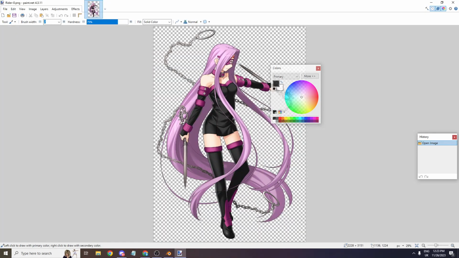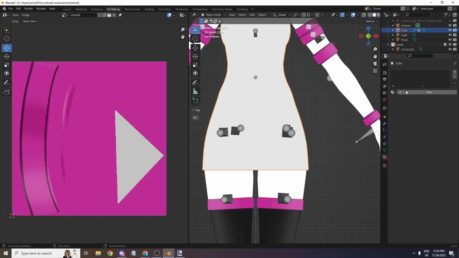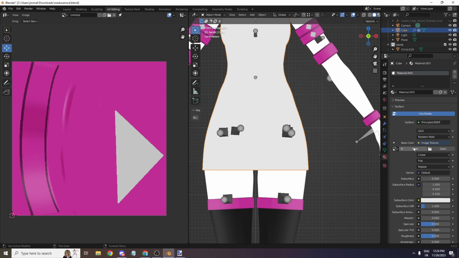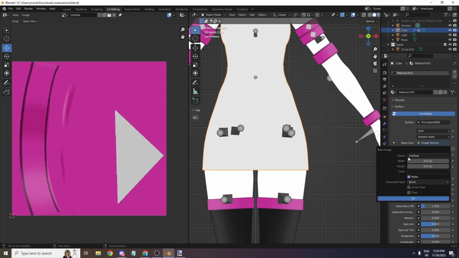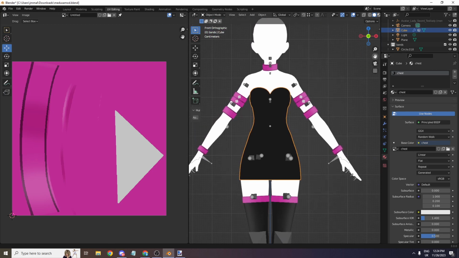So once that's done, now we have to do the arm texture and the main body texture. For the main body texture, we're going to use a 1000 by 1000 image. And we're just going to call it chest part, and we're going to name the material chest too. So once that's done,